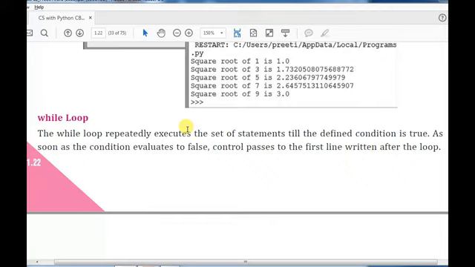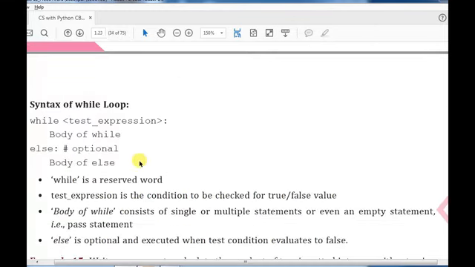When the number of iterations is not known, then in place of for loop we can use while loop. How can we use while loop? So look at the syntax first. We have to observe the syntax of while loop. The while keyword, and then you have to pass a condition here, okay.